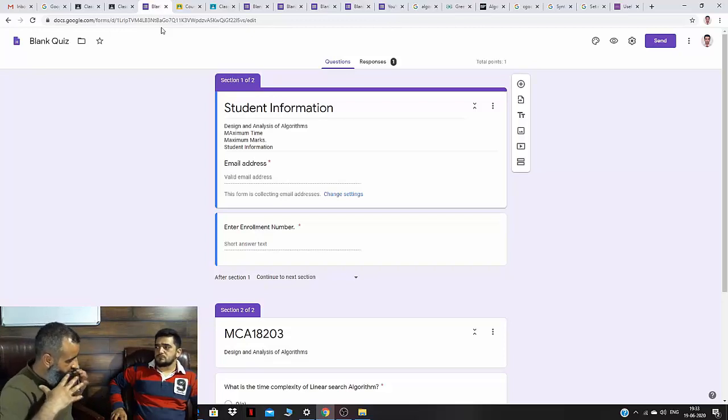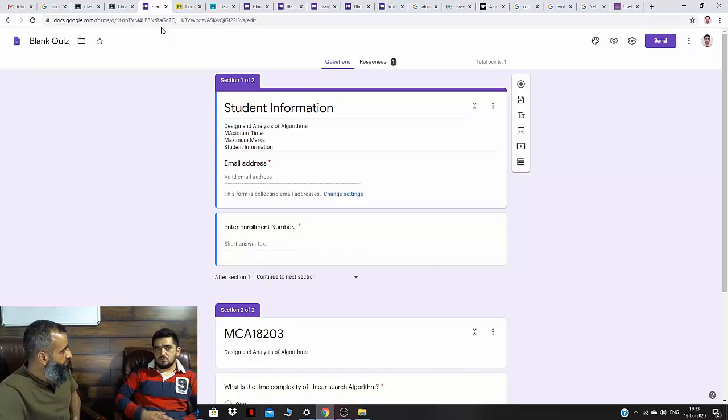What I next need to do is make sure that my students are able to access this form. Second, I need to make sure that they do it on a particular date, the scheduled date. Third, I do not want students to get eternity to fill in the answers. I need to limit them as well. So how do I do that exactly? Now,